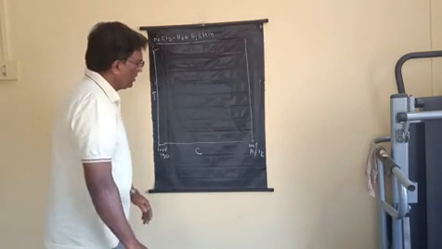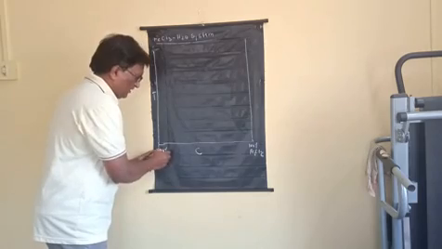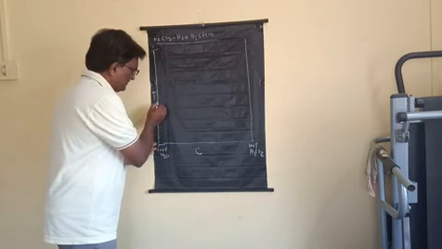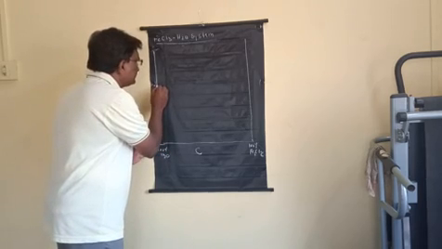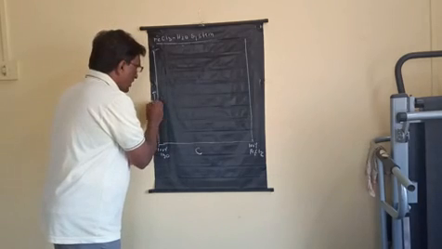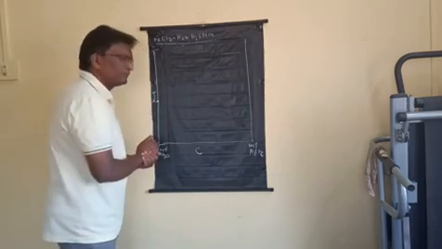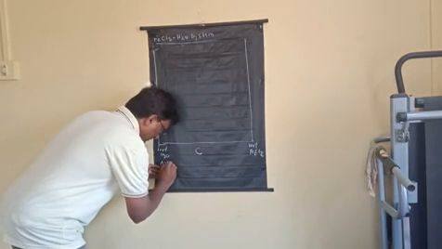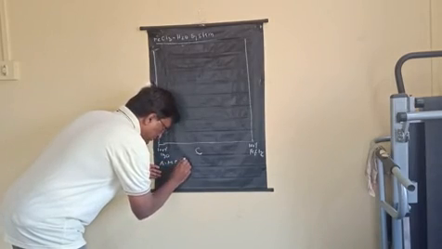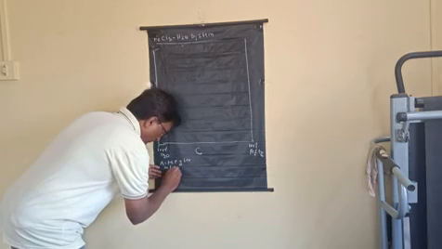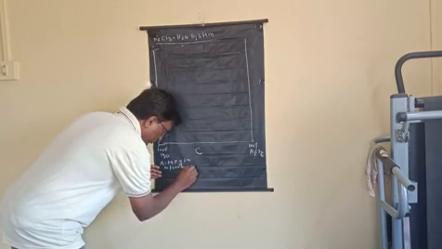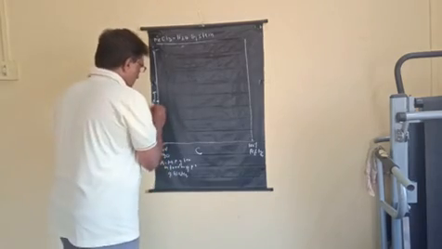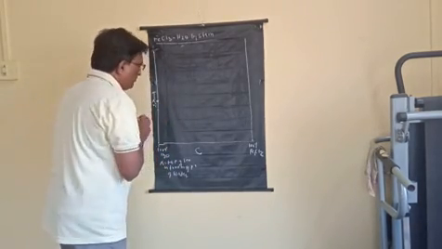Now if you consider here 100% water, it means ice is there, solid component, and if we heat that ice it will melt at this particular point A, and that point A is called the melting point of ice or freezing point of water. 0 degree centigrade is the temperature.